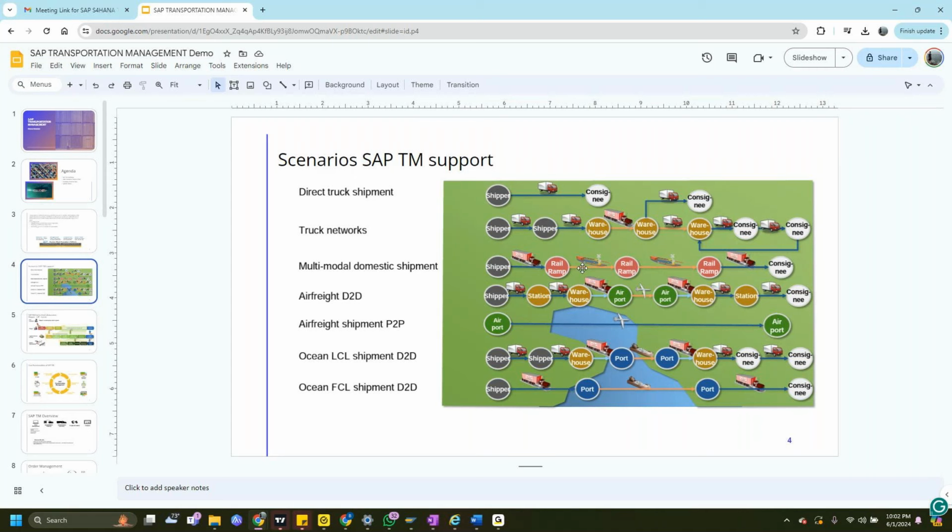so that all the processes are streamlined, because the information of this particular thing goes up to the EWM side for picking, packing, loading and so on. So it's heavily integrated. As a transportation management consultant from the logistics side, you have to be extremely careful while designing a process, and you can loop in your EWM consultant or your sales representative to have a better understanding of the end-to-end process, so that they are aligned on the process and they don't have any issues.